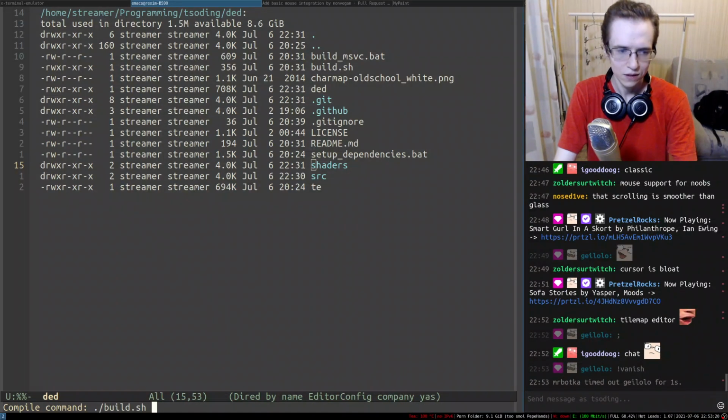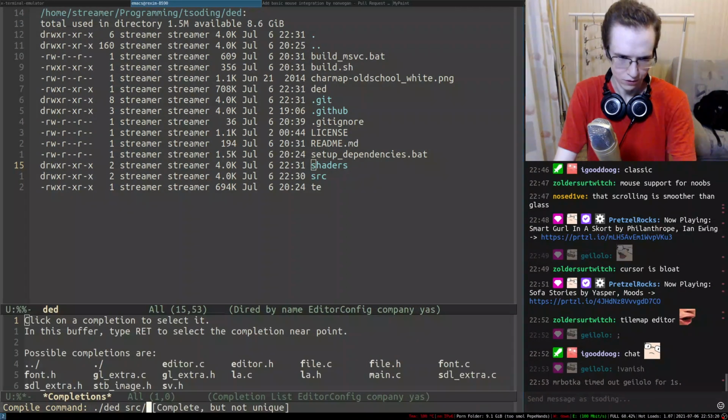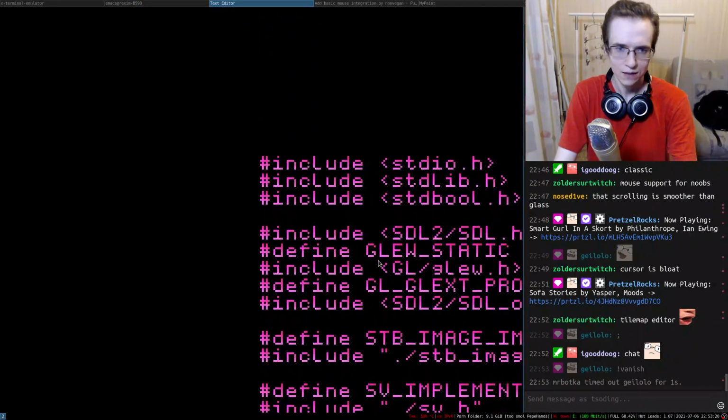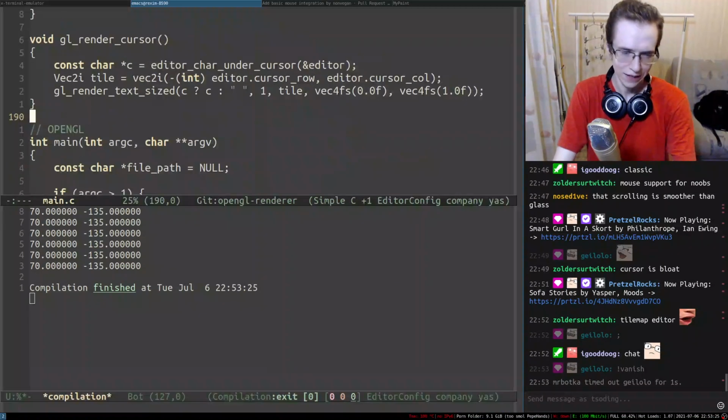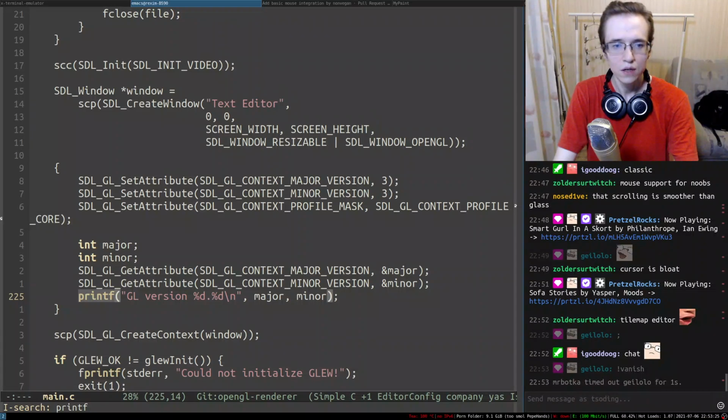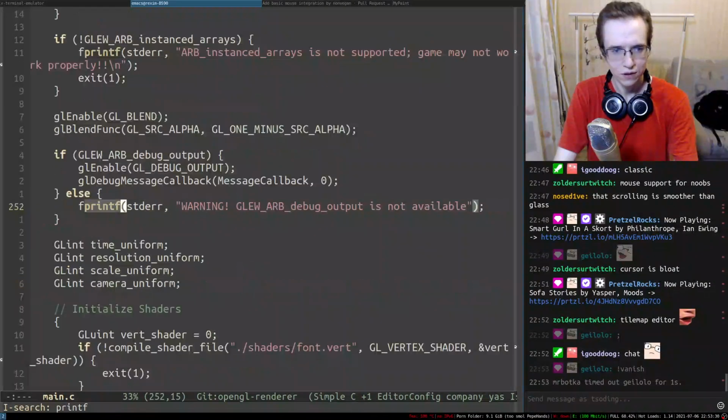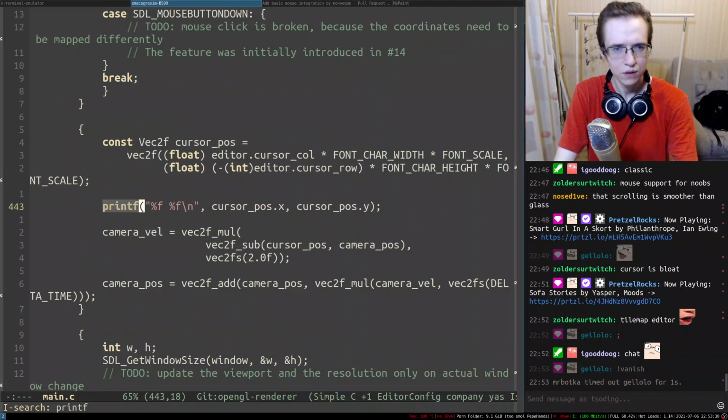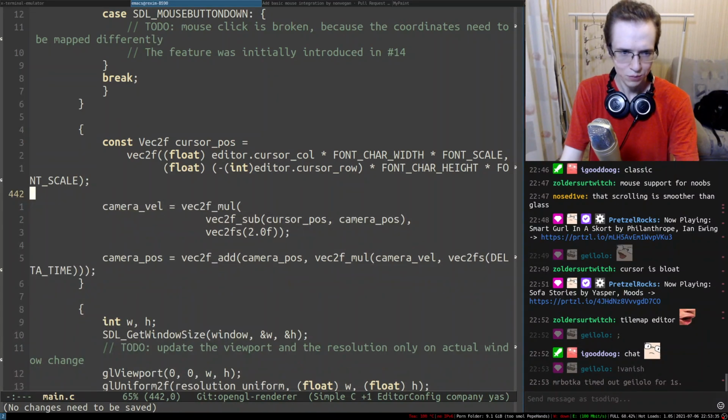So this one is dead, src main.c, and it doesn't do anything because I didn't actually wire everything up. So where is another printf? Yeah, I need to remove that printf.